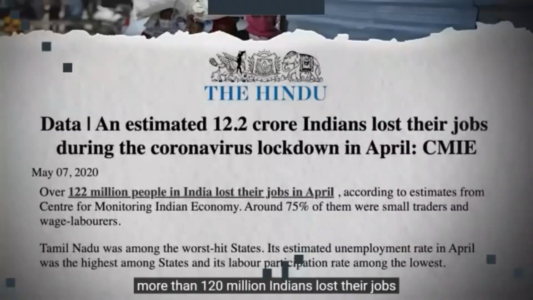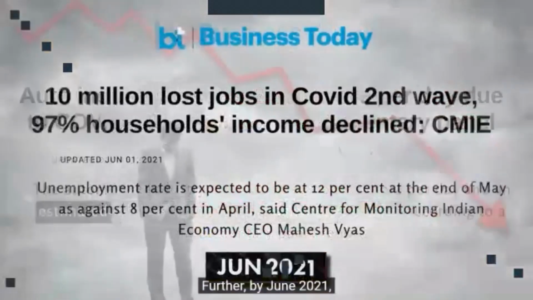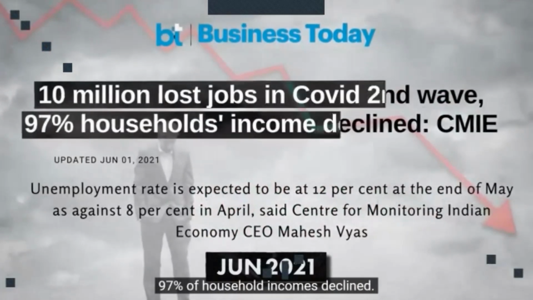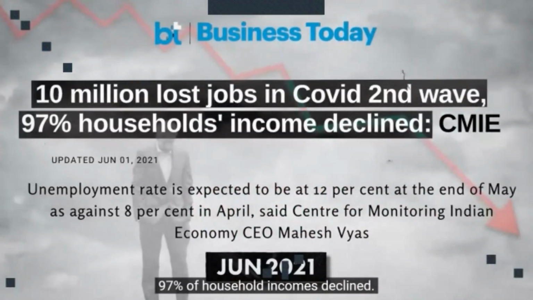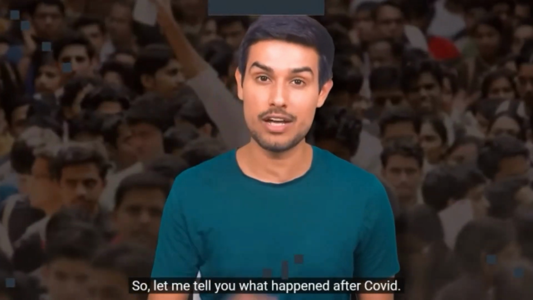इन रिपोर्ट्स को देखिए, मई 2020 सीएमआईई की रिपोर्ट के अनुसार 12 करोड़ से ज्यादा इंडियंस ने अपनी नौकरियां खोईं जब अप्रैल में कोरोना वायरस लॉकडाउन लगा। जून 2021 में 1 करोड़ लोगों ने अपनी नौकरियां खोईं कोविड की सेकेंड वेव के दौरान। 97% हाउसहोल्ड इनकम्स डिक्लाइन कर गए। आप कहोगे कोविड की क्यों बात कर रहा हूं, तो चलो कोविड के बाद की खबरें सुनाता हूं।